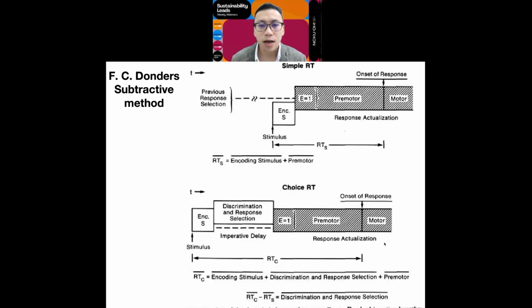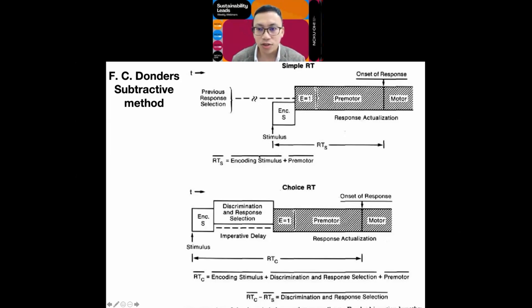And in this case, we can design one task that only involves two sub-processes: the encoding process and the motor process. And we can record the reaction time for this task. And we can then create another task that involves three processes. So additional